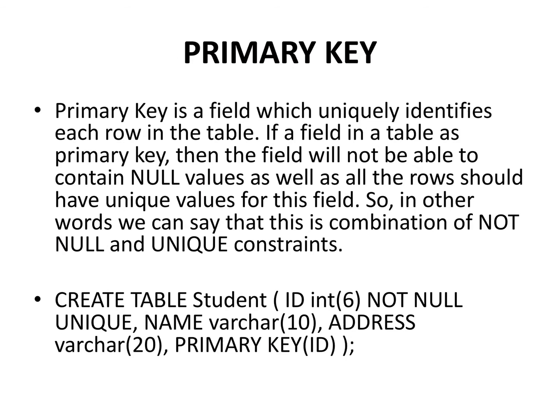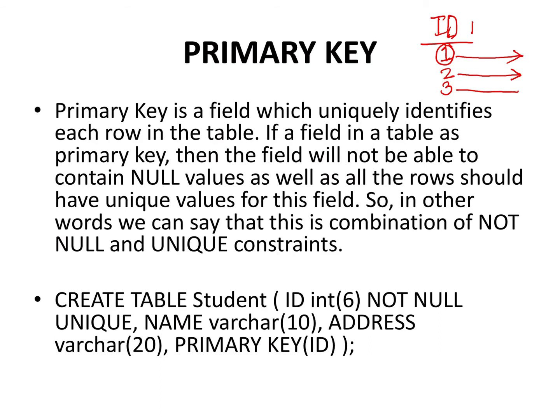The mere reason why we include primary key is it helps us uniquely identify any particular row with the help of one or two columns which are declared as primary key. For example, if I have declared ID as primary key, then using all the rows within that ID, for example, roll number 1, roll number 2, roll number 3, using roll number 1, I can fetch the entire row. Roll number ID 2, I can fetch the entire row with whatever fields I want to enter.